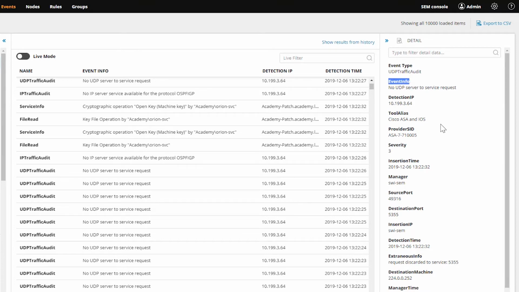Event info is just a quick summary of the event. If you looked at the raw event, you would see maybe a one or two sentence summary right at the top of what's in that event. That's probably what's going to show up under this event info here. It's just a quick, short summary of what this event's about.